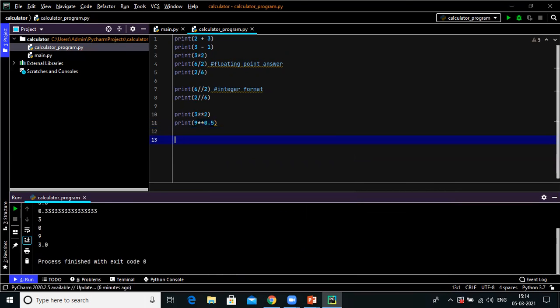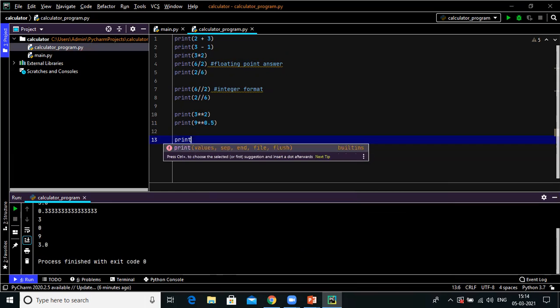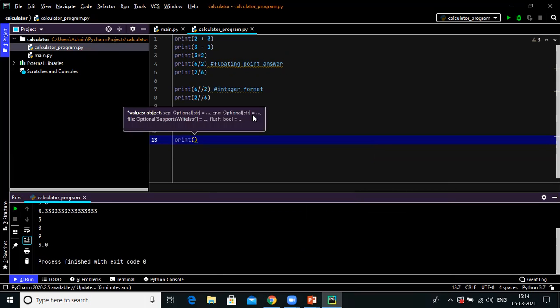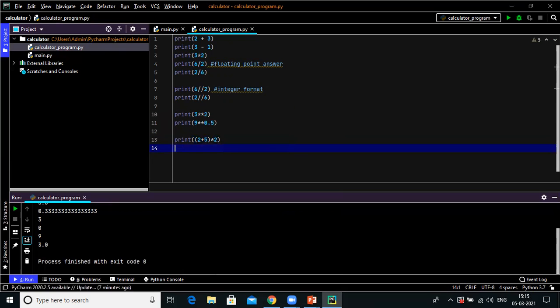After that, if I'm taking a long expression, then in which format is our answer? See here, print, bracket 2 plus 5, into 2. Here I'm just manually calculating.